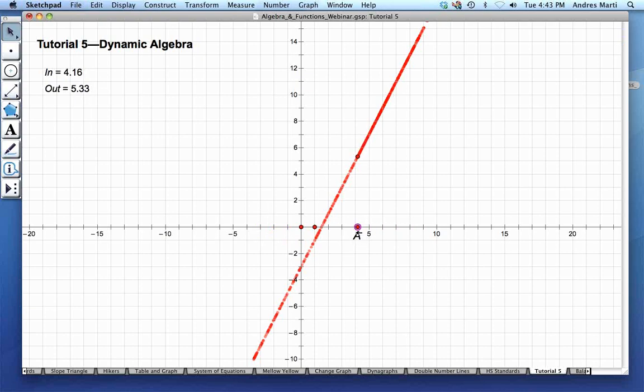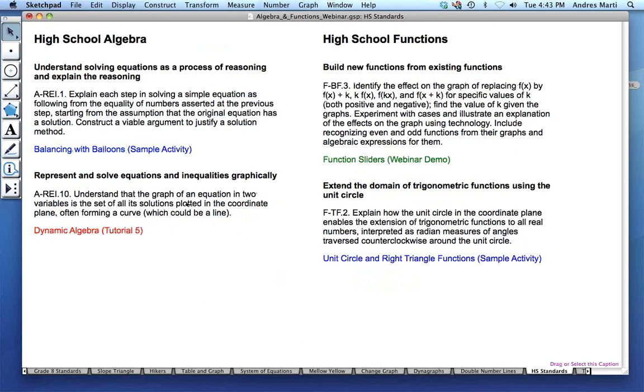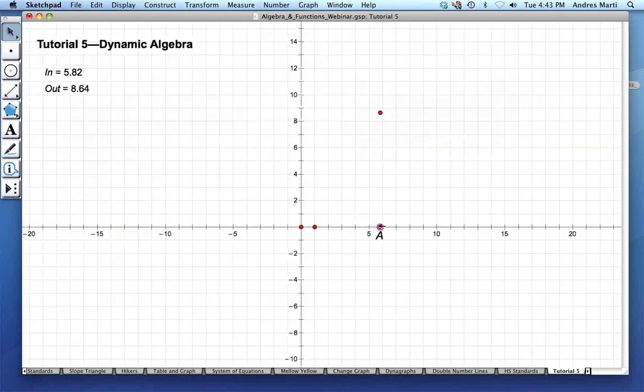But it's really emphasizing this idea that, if I can jump all the way back to this. Oops, no, it was the high school. Here we are. It's the set of all its solutions plotted in the coordinate plane. These are all a bunch of solutions plotted in the coordinate plane, the ones that I happen to have picked by the position I've moved A